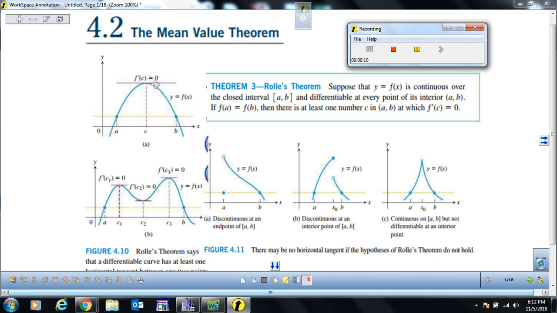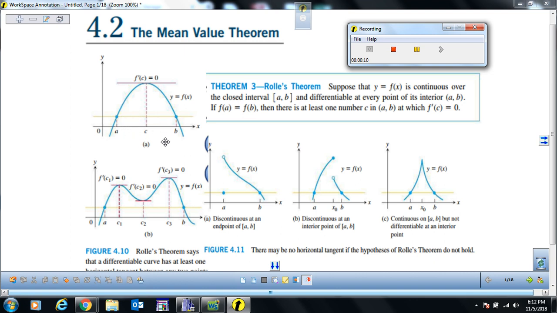So we can see here to the left side an illustration for this theorem. There's this curve right here, which we can consider to be the function f of x. And it says that if we consider the closed interval from a through b, including the a, including the b, that's what it means. And if the function is continuous over this closed interval and differentiable at every single interior point of this